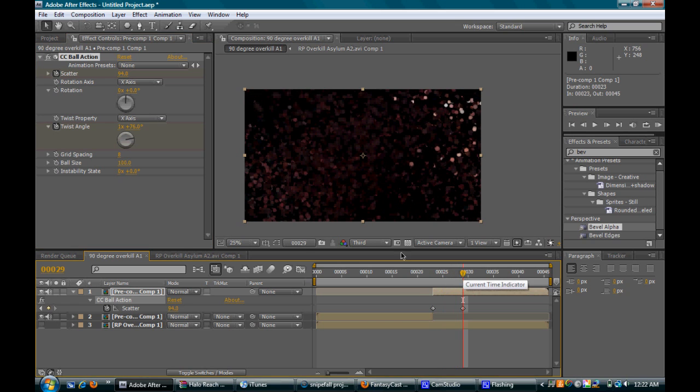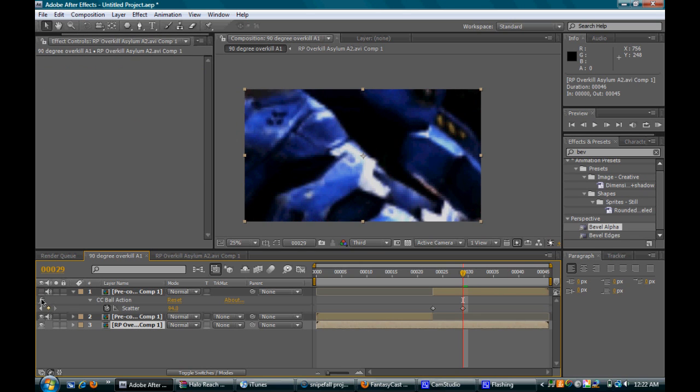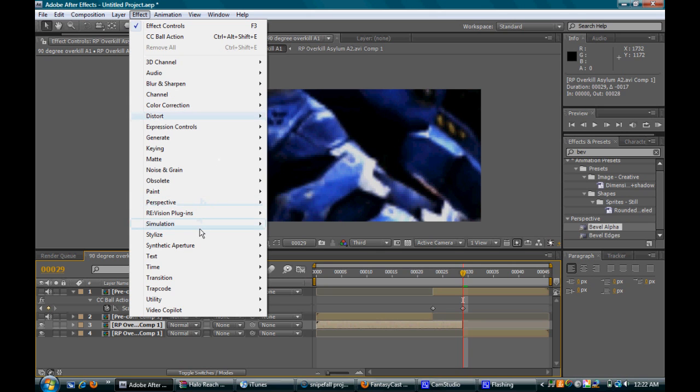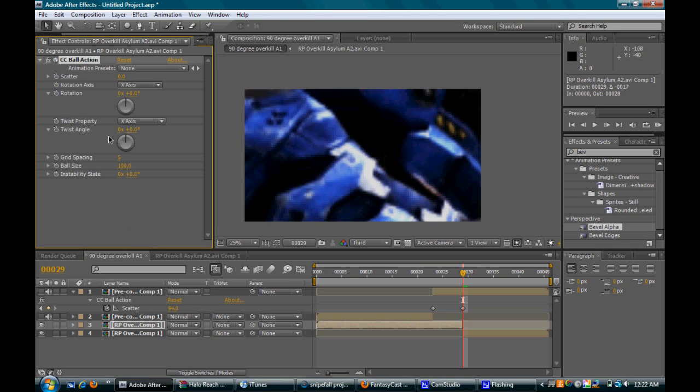And then what you're going to want to do is bring this one back. Actually, let's turn these two off and duplicate this. Then you're going to want to pull this one back down here, and that's probably going to be around here where this one stops, and then pull this one down to there. And then on this top one, you're going to want to bring in the CC Ball Action again, right here. Set it to the same grid spacing,